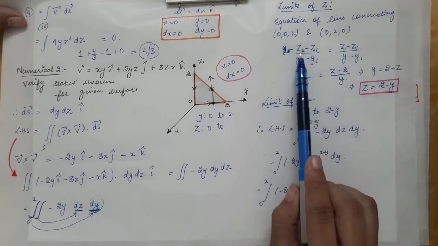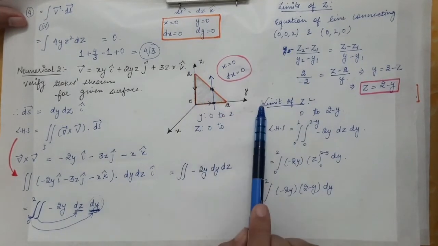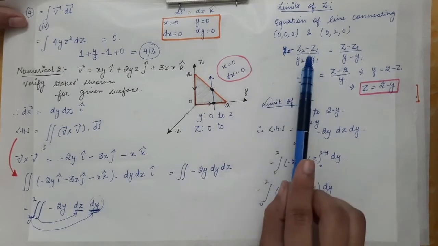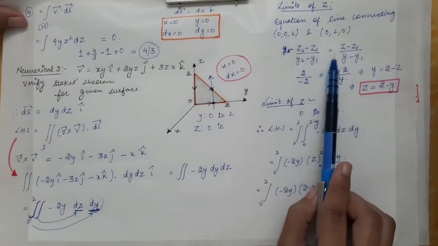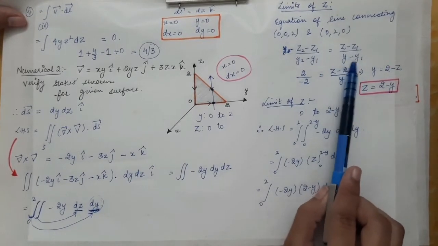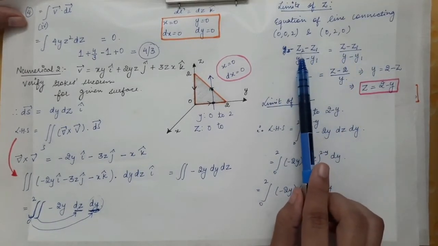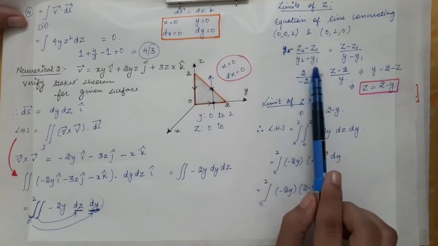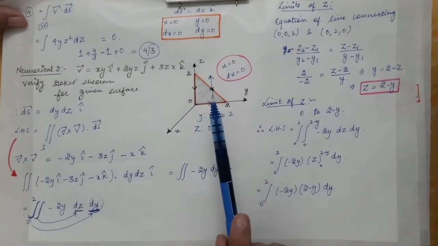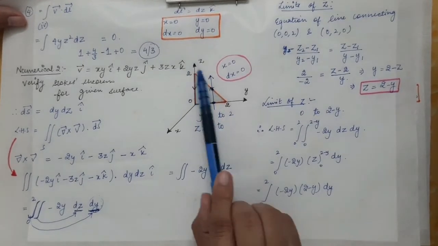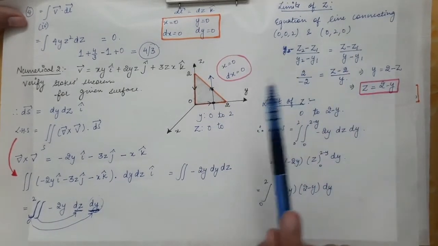That formula is given by z2 minus z1, because on the vertical axis we have the z variable and on the horizontal axis we have the y variable. So the equation will be z2 minus z1 over y2 minus y1 equal to z minus z1 over y minus y1. In higher secondary school, you might have done the equation as y2 minus y1 over x2 minus x1, because in that case the vertical axis was y and the horizontal axis was x. But here the vertical axis is the z-axis and the horizontal axis is the y-axis. So we will modify this formula in this way.